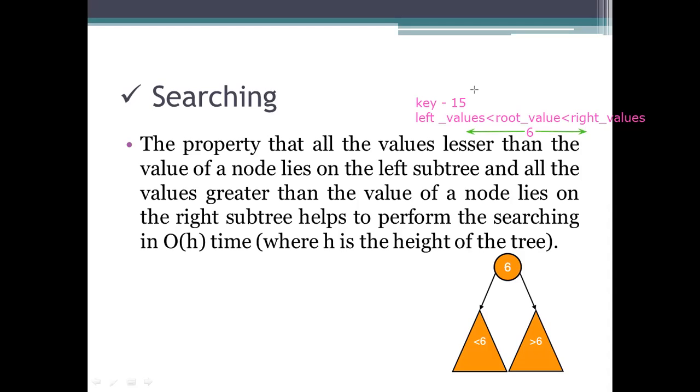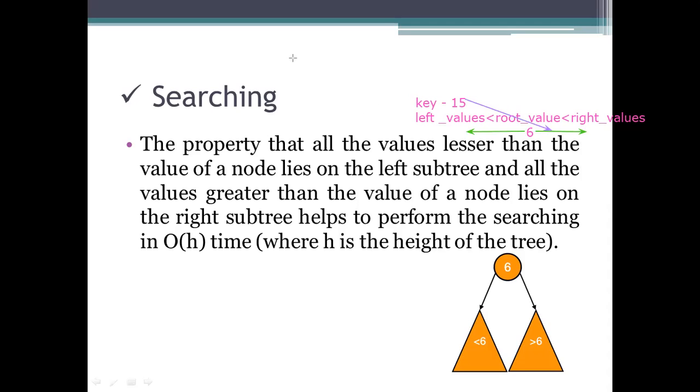Okay. First see in which side this key we are searching for will belong. It belongs to the right side of the root. So here the right side of that 6 has been specified.